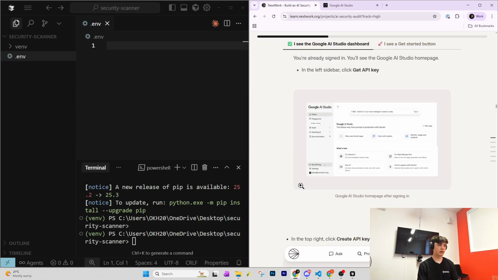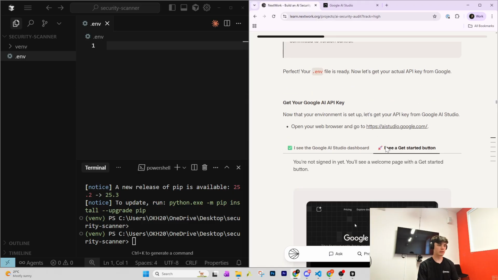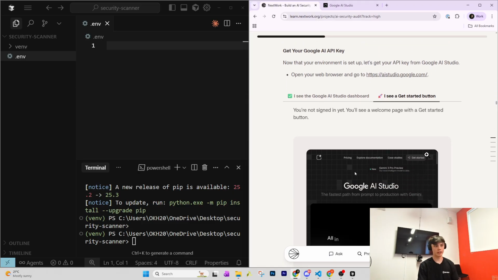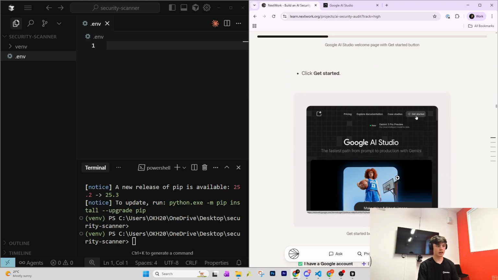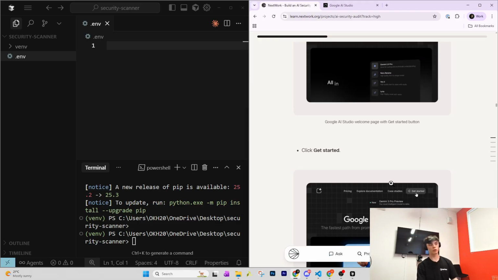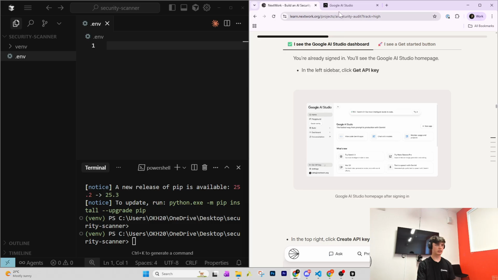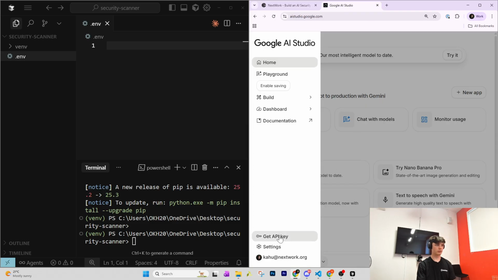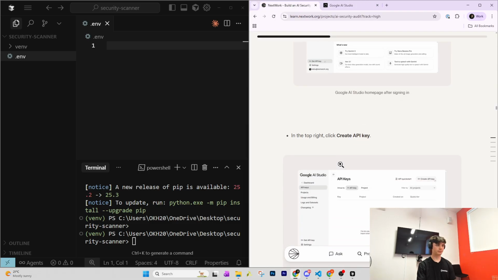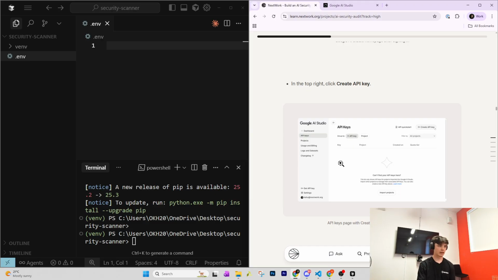Going to dashboard. But if you don't, definitely follow this. You may end up on this page here with the get started screen, and you have to go and either sign in or create an account. So yeah, that's just to be noted. But what we'll do is we'll go into get API key here, which is cool. And so in the top right, click create API key,